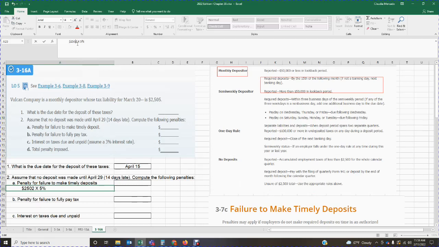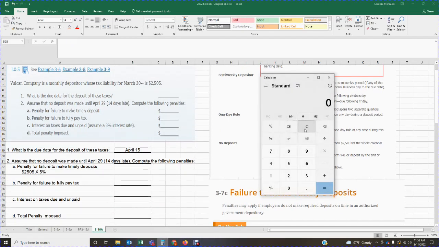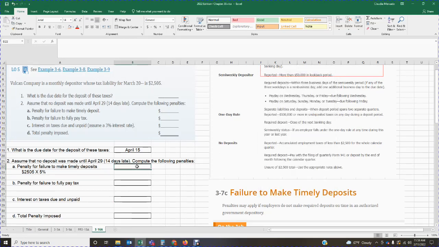A simple typo. Be very careful when typing, okay? That could happen to anybody. Make sure that you read it carefully. So it's 2505 times 5%. That gives me $125.25, okay? So my penalty for making my deposit on time is